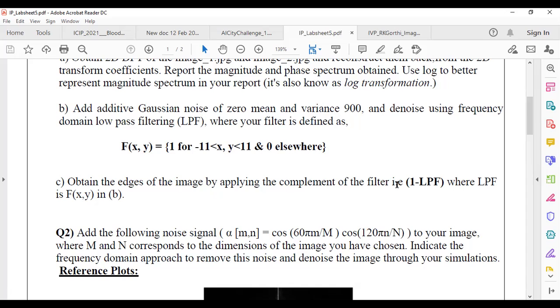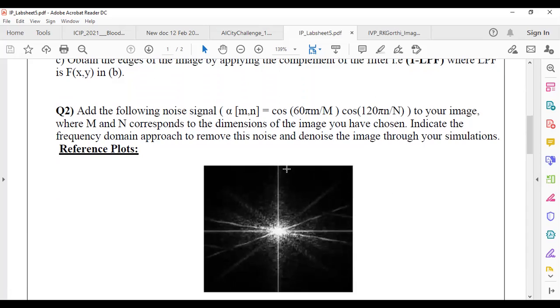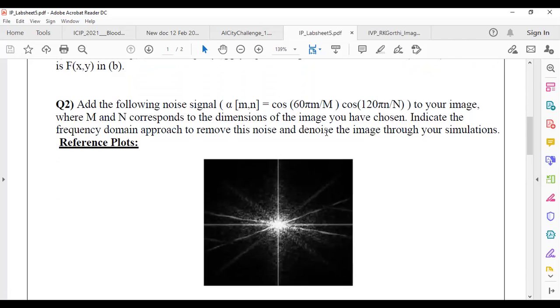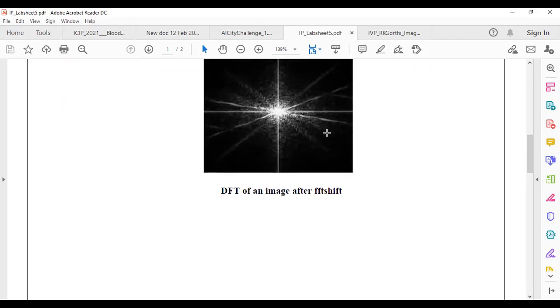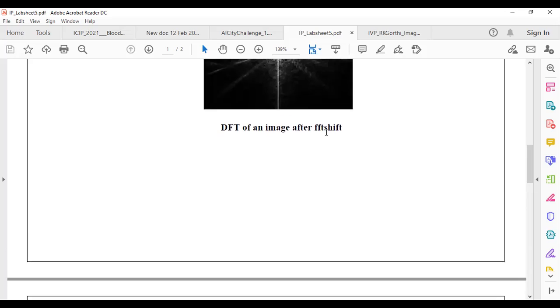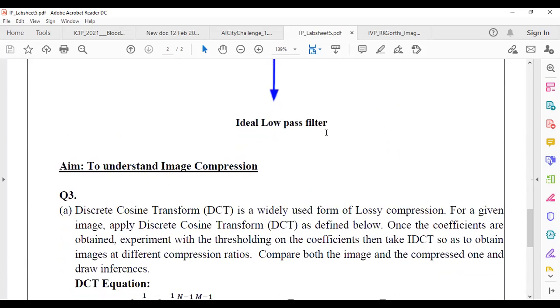Second, you directly apply a high pass filter to the original image and see if edges are enhanced and visible. Third, given a sinusoid and cosinusoid of two different x and y frequencies, you take the Fourier transform and see where the impulses occur, and what inference you can make from that. FFT shift you have to use in each of these cases to center the spectrums.